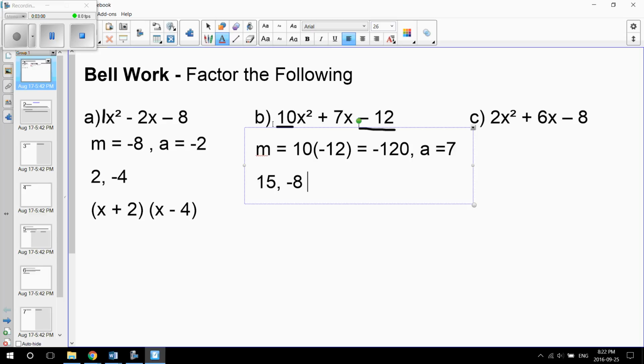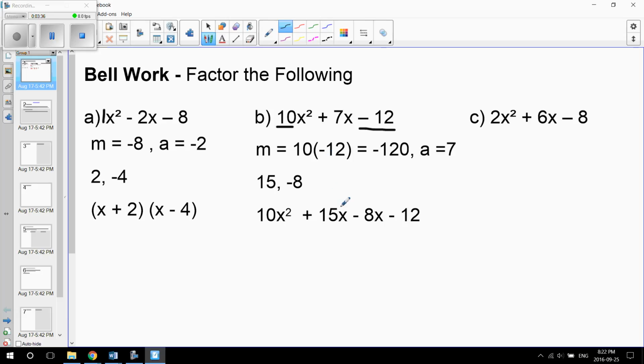Now, because this has the number in front of that x squared, this is where we have to do those extra decomposition steps. So we start off with redoing our equation, but this time our middle number of plus 7x, remember, gets split up into our two numbers that we came up with here. So we have a plus 15x and a minus 8x from our two numbers, and then the last number and the first number stay the same, our 10x squared and our negative 12. Remember, at this point in time, we split our equation in half,